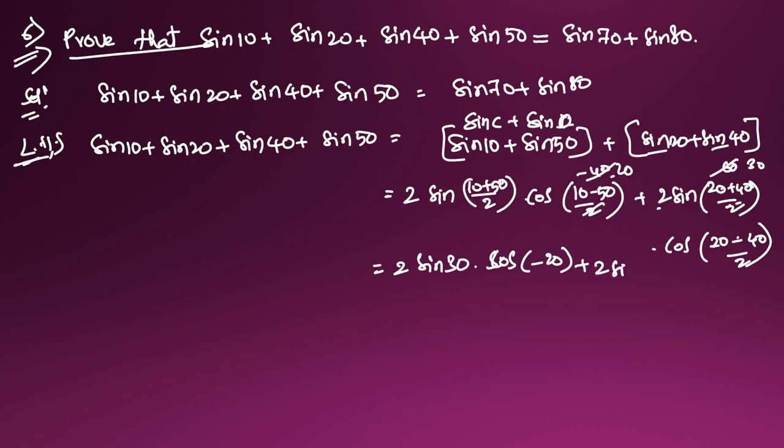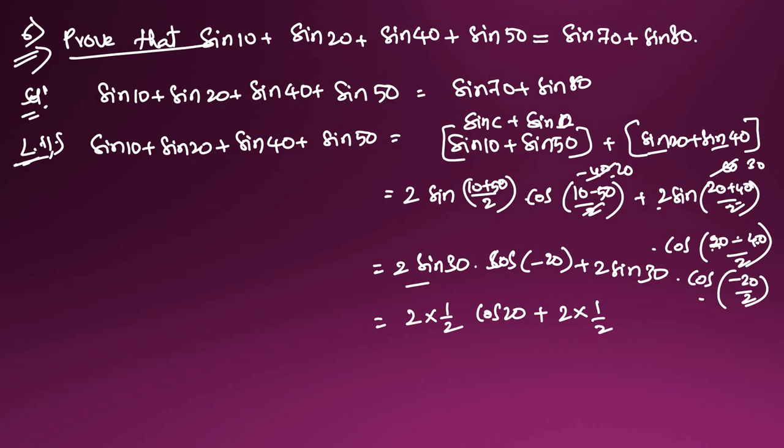So 2 sin 30 will come here again. So here into cos, 30 minus 40 is equal to 10 only? No, 20. This is 20 actually. 20 minus 40 is equal to minus 20. Minus 20 divided by 2 will come here. So here this 2 into sin 30 is equal to how much? 1 by 2. So cos 20 minus cos 20 is equal to, so cos 20 only will come here. And plus 2 sin 30 means 1 by 2 only will come here. Cos, this is 10 will come here. Minus 10 means cos 10 will come here. Cos 10.